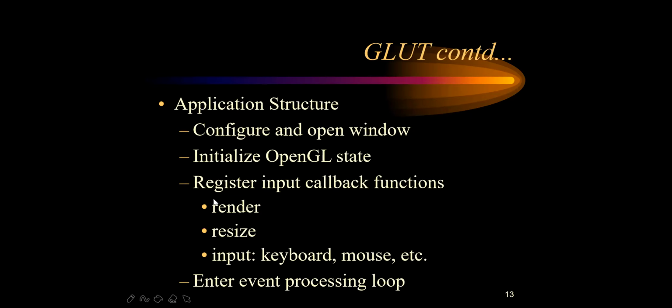These are only very little examples I have mentioned over here, but there are many more callback functions available. By using that you can give your input. Suppose you have made a fan and you want to make the speed high or low. To adjust that speed, the rotation values, and on what angle it is going to rotate, everything you can give by using these callback functions. Okay. Then the last one that GLUT also supports is the event processing loop.